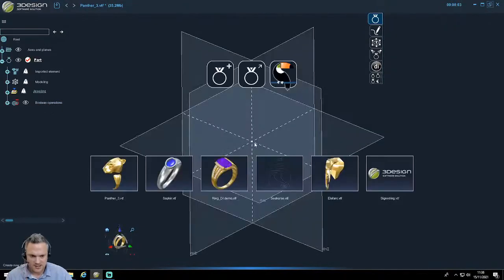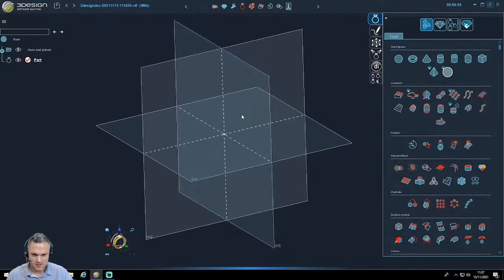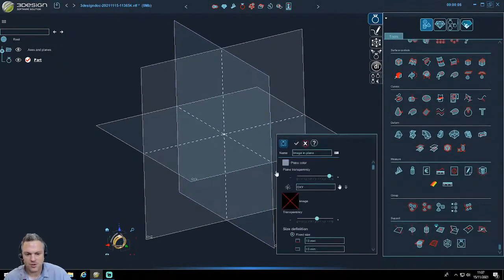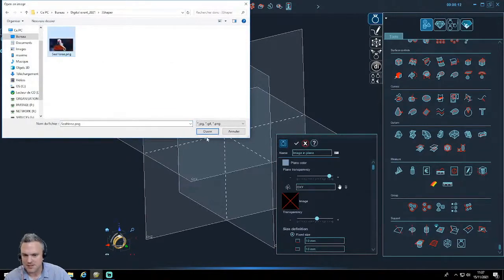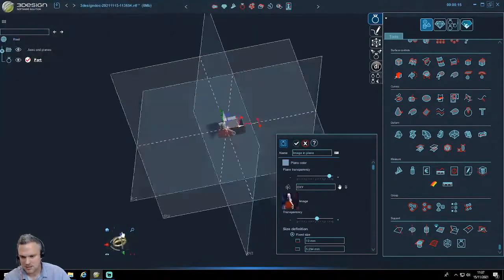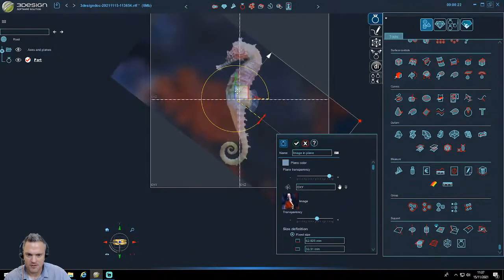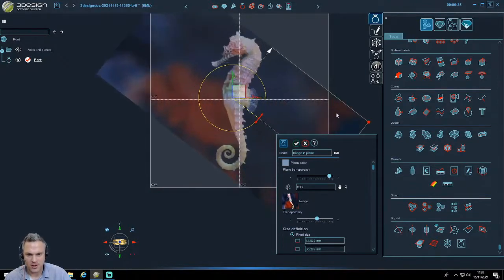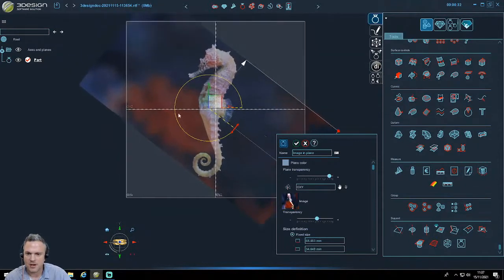So let's start with an example. So this is a picture from internet, which is a seahorse. So we have a feature in 3Design to import any picture you have, which can be a picture you found on internet, can be a drawing you scanned, etc., etc. So I position the picture on my plane,